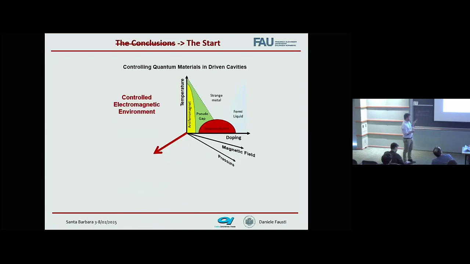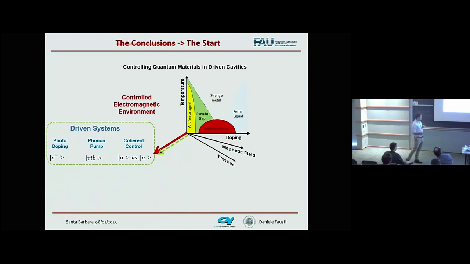But the difference between the red axis and all the others is that in the red axis, I obviously can have driven systems, and we did a lot on phonon pump, a lot on photodoping, and there is an emerging research direction where people try to use strange states of light to induce dynamics, and that's, I think, very interesting. But on the other hand, I can use this axis also without the drive that I put artificially,